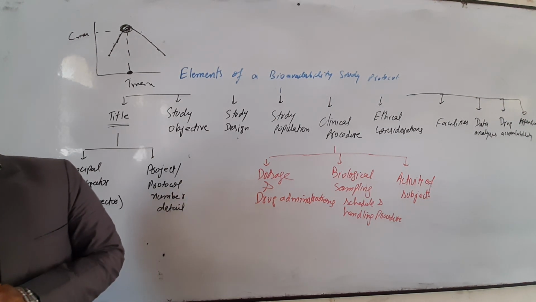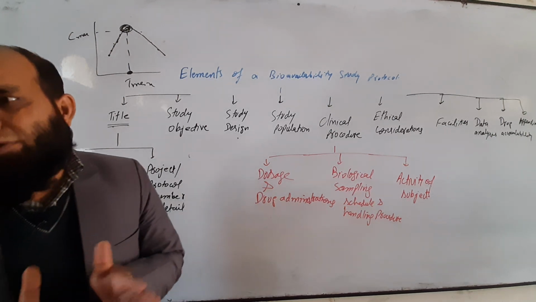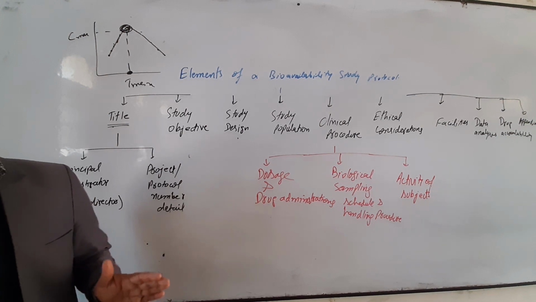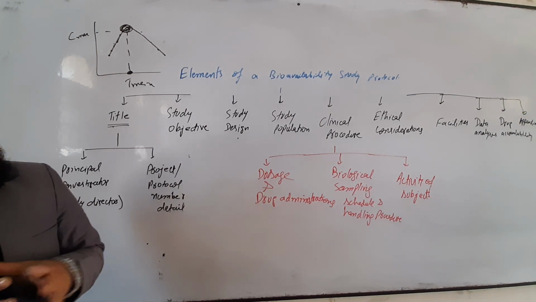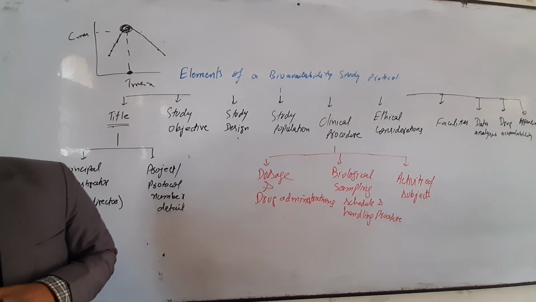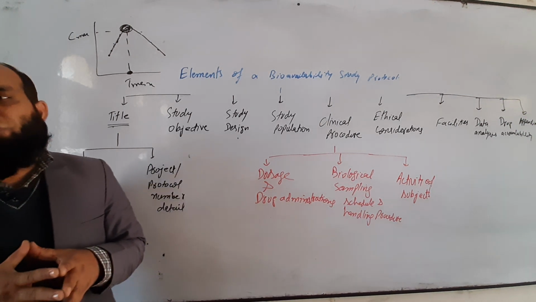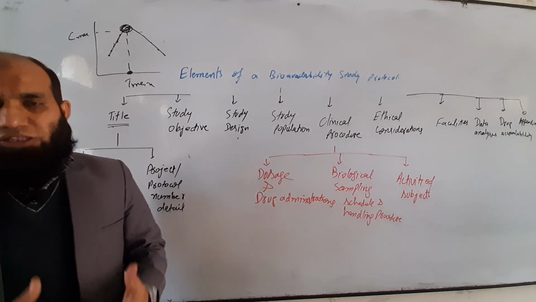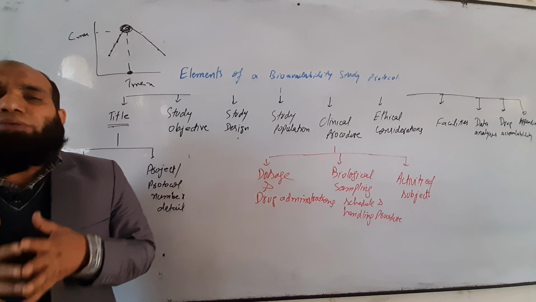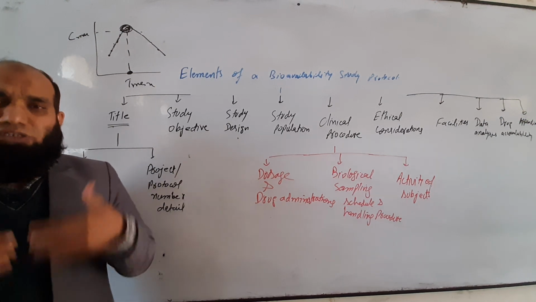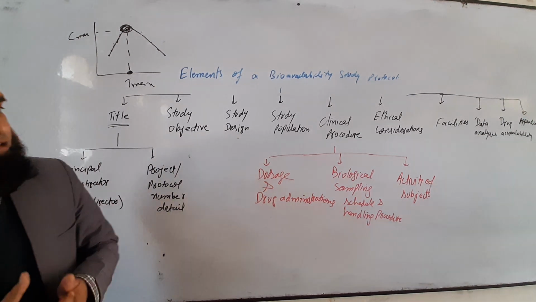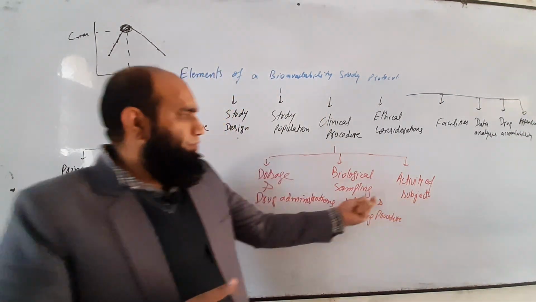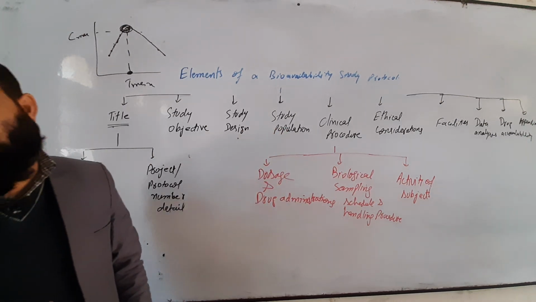We should move towards a very small number of samples, because if we plan to take many samples, our volunteers will not cooperate with us, and we have to make them cooperative. For the sake of cooperation, we will provide them different activities and facilities, not only their meals, but also their living, housing, games, and some other parameters. So the activity of the subjects is a key parameter when we are performing the clinical procedures.